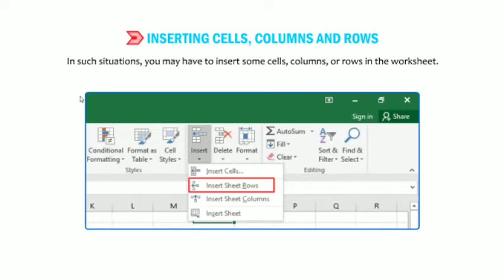When you are working in Excel and you need to insert some data, and if you don't have enough cells, enough rows or enough columns, then what do we need to do? We need to insert cells, rows or columns in our sheet.